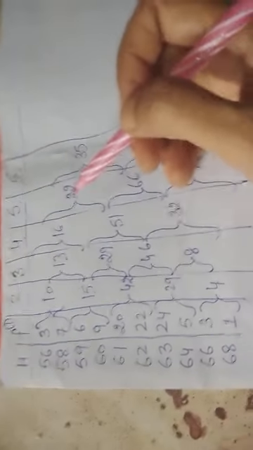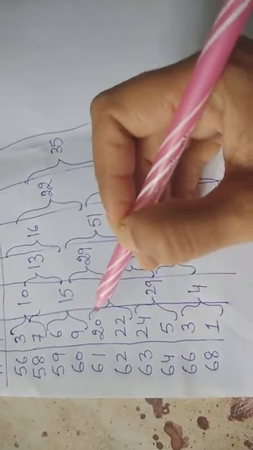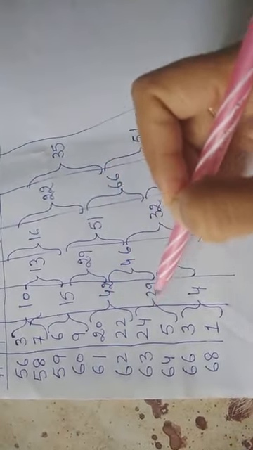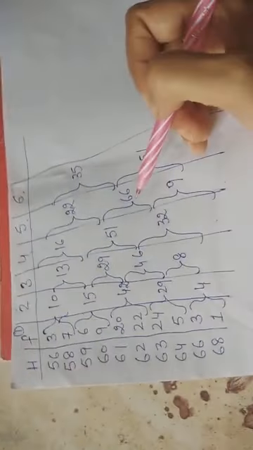Okay, in column 5, leave the first one and regroup it. These values, and 5, 3, 1 will lead to 9. I hope you are able to understand these 6 columns. Now, what will be the next step?